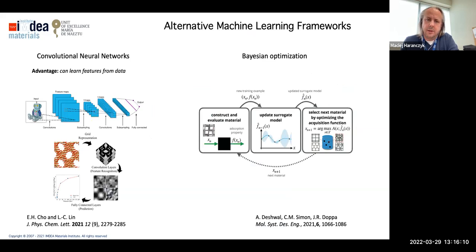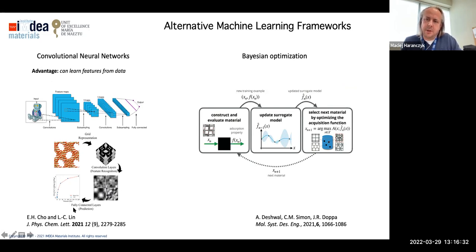I will show you here the highlights of work of two former students of mine, including Liqiang Lin. For example, it's also possible to use neural networks, convolutional neural networks that can learn features or descriptors from data. But the disadvantage of those methods is that typically they require very large data sets, which we don't have in materials science.